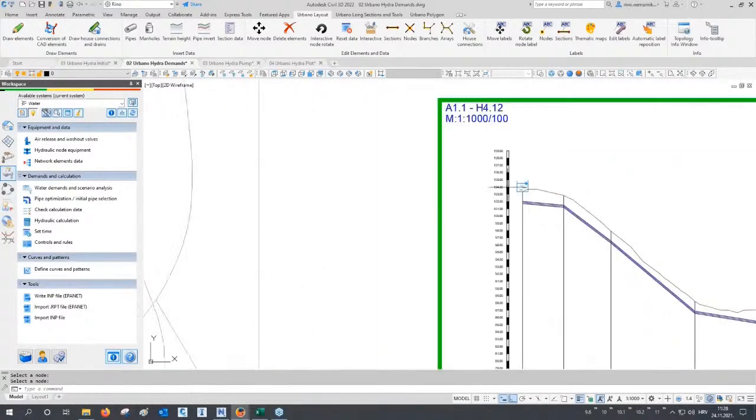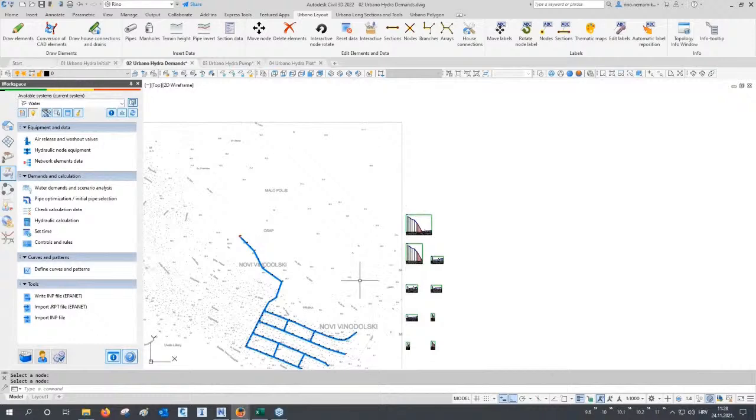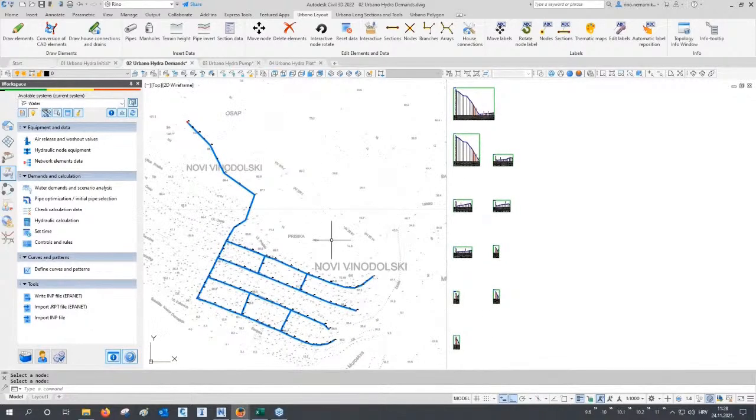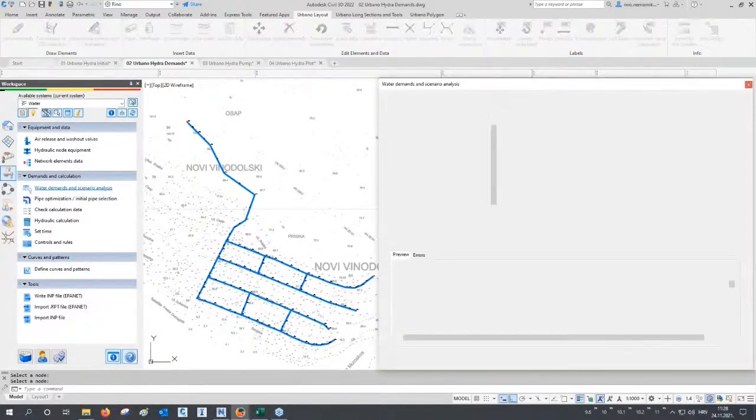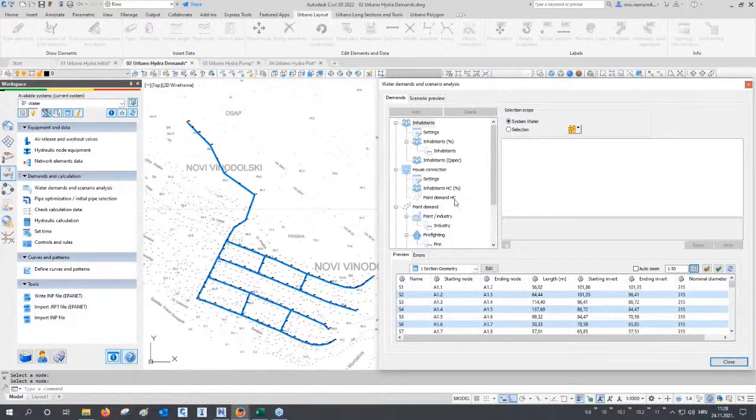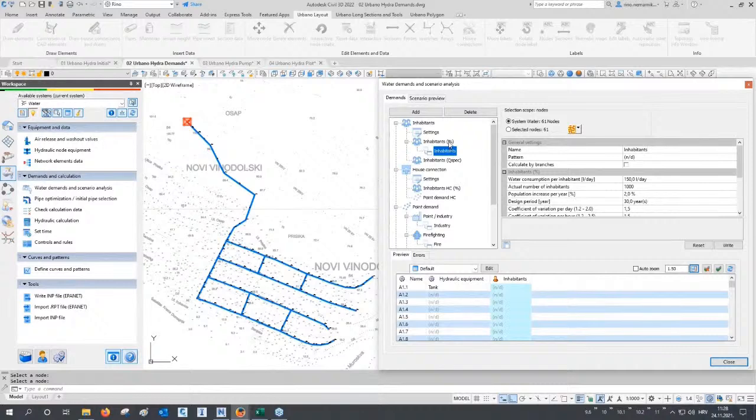Okay, so now that the water tank is set, let's also define water demands. To define water demands in Urbano Hydra, you can use one of many different methods that are available here. For example, one of these methods is, as we call it, percent calculation, where you basically define water consumption per inhabitant per day. Let's define it, for example, 180 liters per day per one inhabitant. Let's define the number of inhabitants, so let's say 5,000,